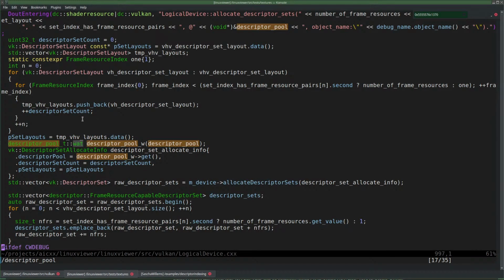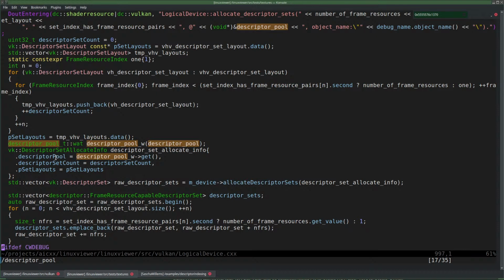Now, what would have been so bad to take the read lock here? I must have had a reason, but okay, like I said, let's forget it. The point is, I take this write lock and then I get the pointer to whatever this descriptor pool actually is, and that is necessary because